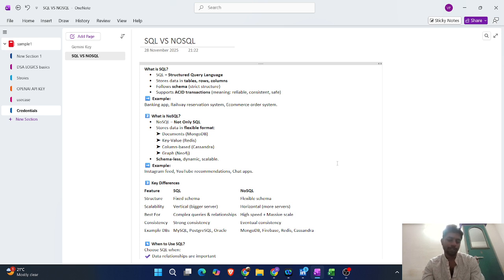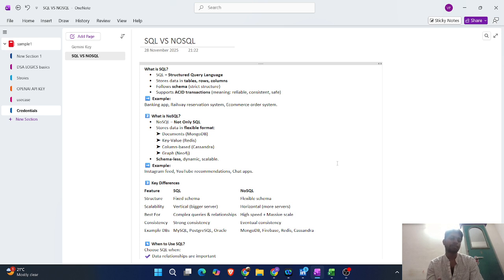As a software developer, software engineer, or AI engineer, whatever your designation might be on the software side, you have to know this difference: when you have to use SQL and when you have to use NoSQL. SQL is nothing but Structured Query Language. Let's say you have some data, you store the data in tables, in rows and columns. You follow some structure that is known as schema,